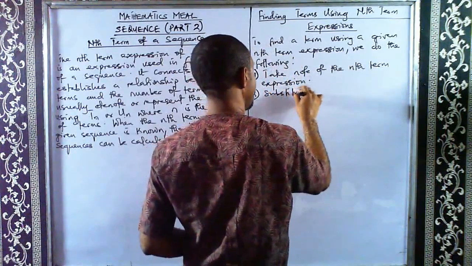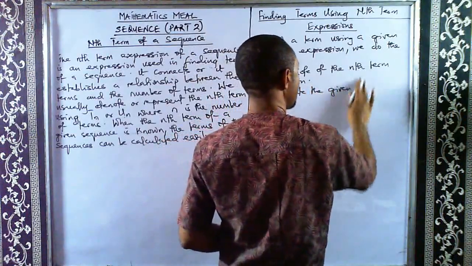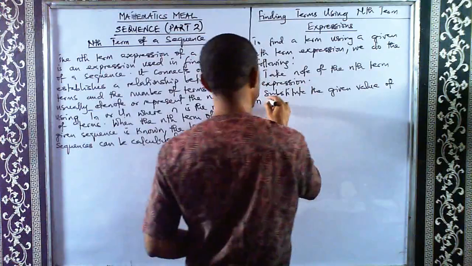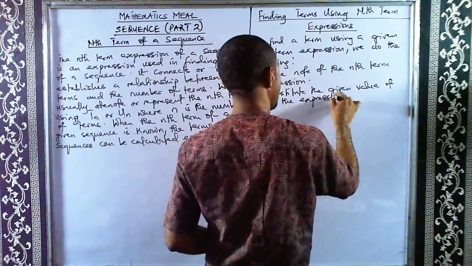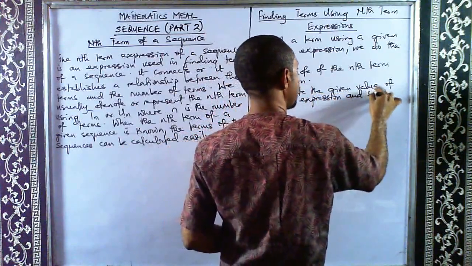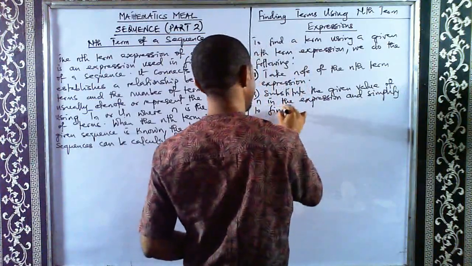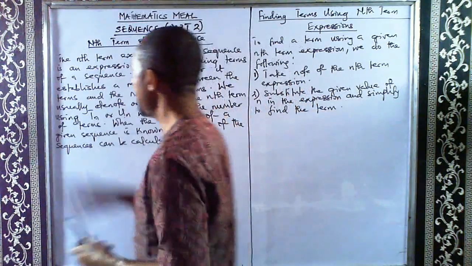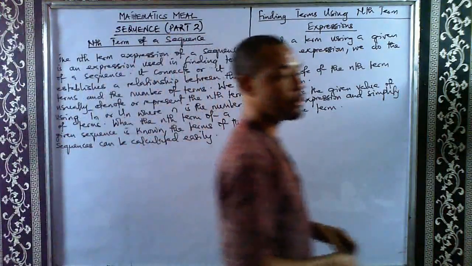Substitute the given value of n in the expression and simplify to find the term. So we said earlier on that the major use of the n-term expression is to find